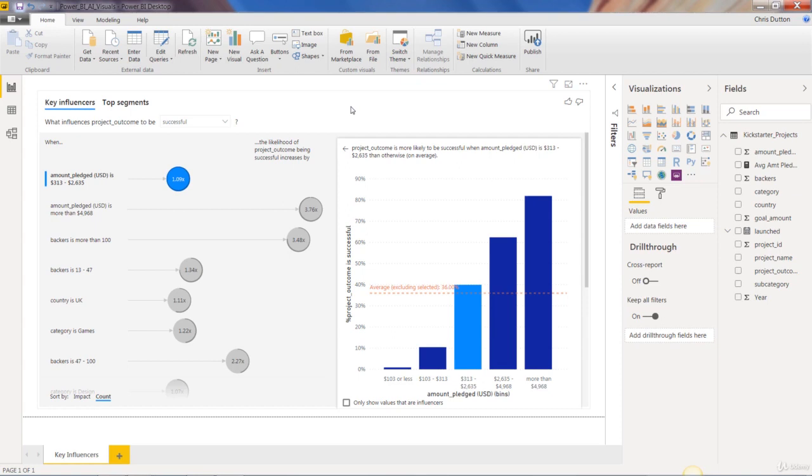All right, so it's time for part two of our conversation about the Power BI Key Influencers visual. Remember that in part one, we analyzed the impact to a categorical outcome. So what influences a Kickstarter project to be successful? Now we're going to run a very similar analysis, except we're going to use a continuous or numerical value for